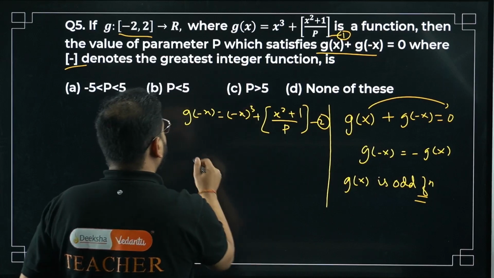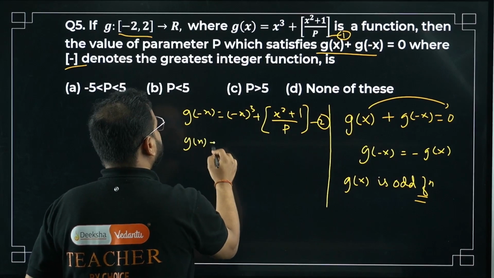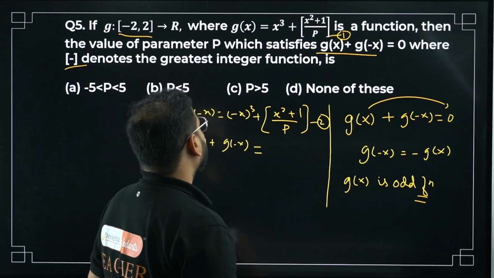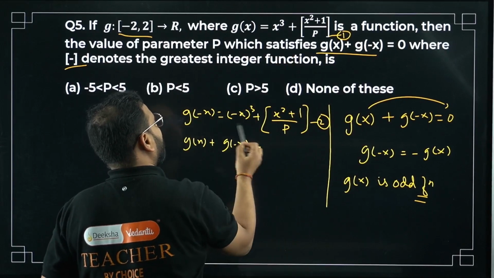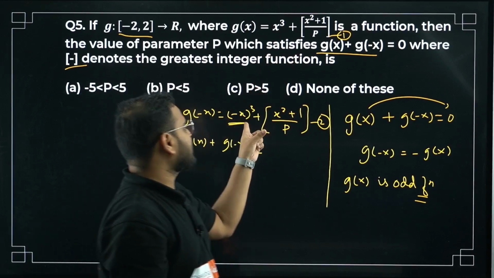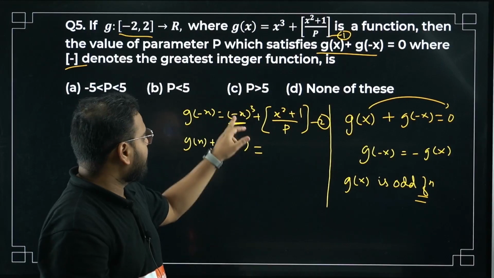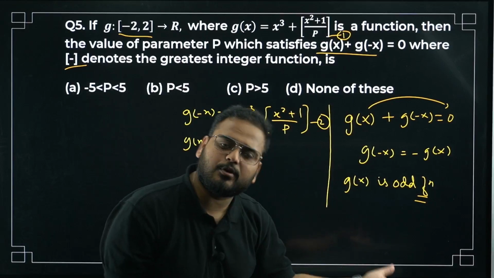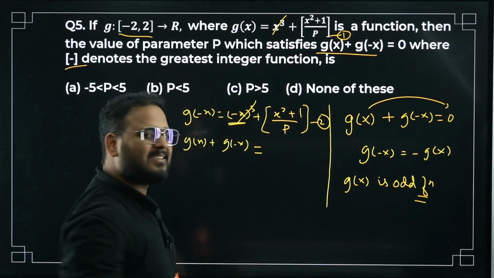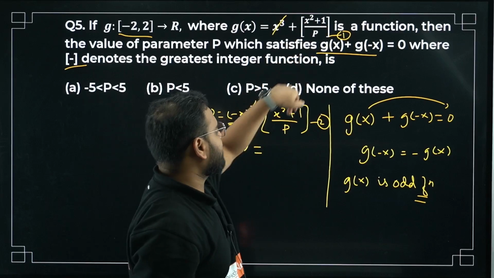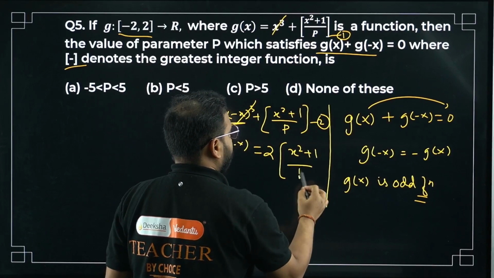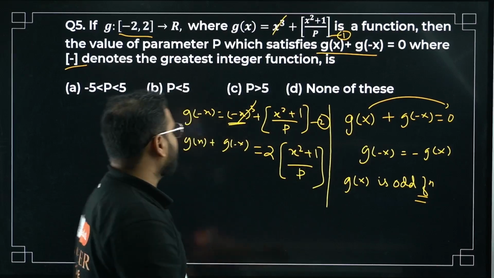If you do that, what are you gonna get? G of x plus g of minus x, right, becomes equals to, check this out, I have x cube over here, and what I have over here is minus x cube, right? X cube and minus x cube. How come sir? Minus x the whole cube, how much that will be? Negative only, no? So x cube and minus x cube, so this will cancel. What I'll have, these two values are same, I'll get 2 times of that. Agreed? Okay, we know this value already.